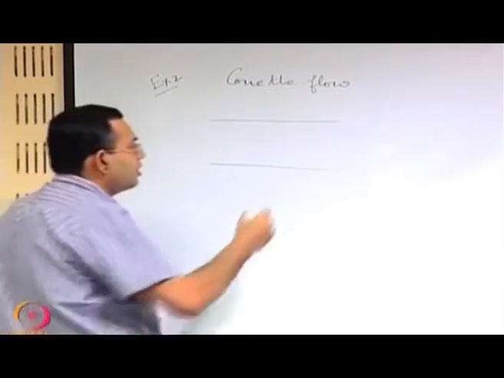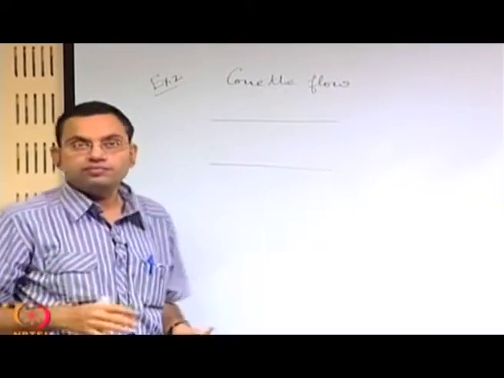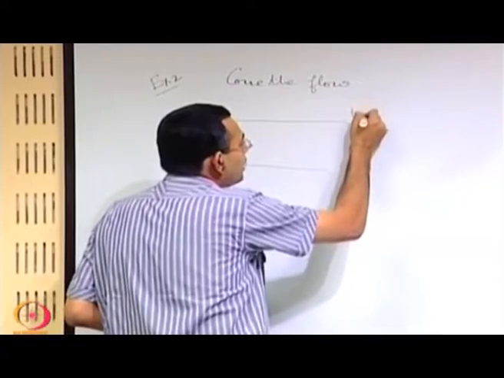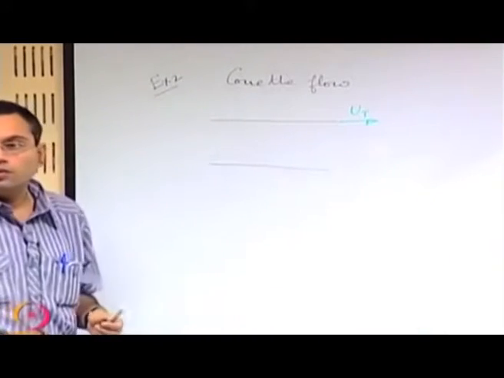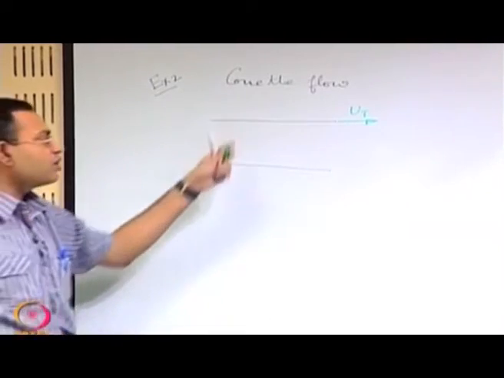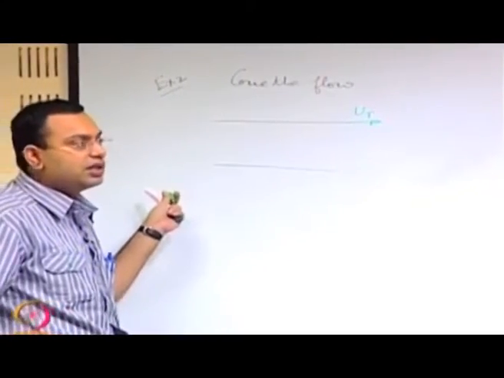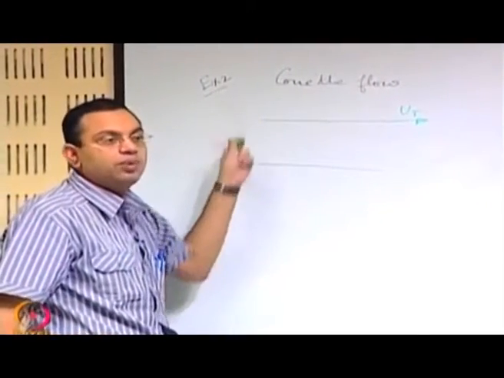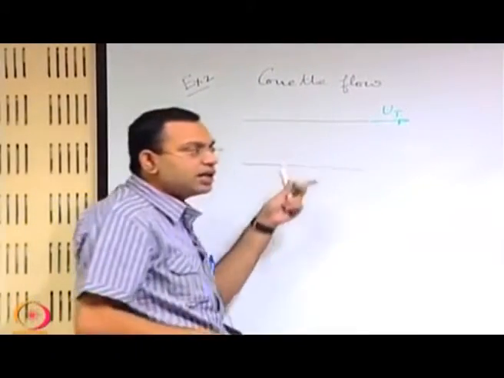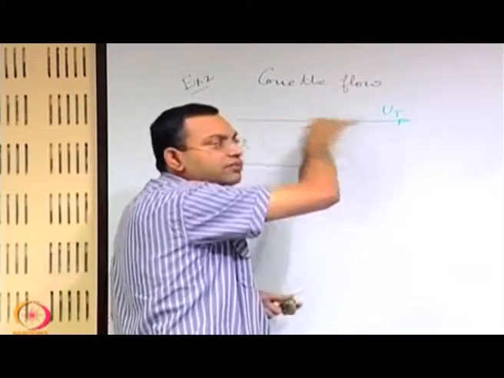Now, in Couette flow there is a modification to that. What is the modification? The plates are not stationary, but one plate is moving relative to the other. That means, as an example, the top plate is moving with a velocity ut relative to the bottom plate. It is not always necessary that the top plate moves or the bottom plate moves. The important thing is that there should be a relative velocity between the two plates in whatever sense. That relative velocity is created by a designed motion of the top plate.